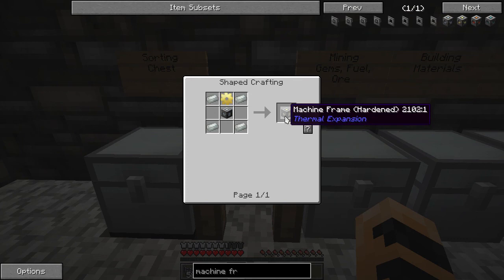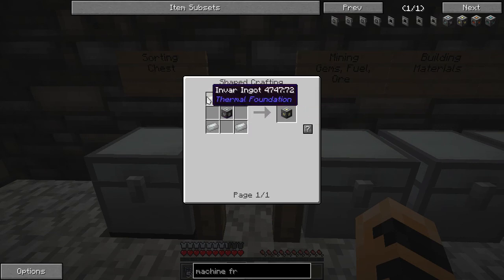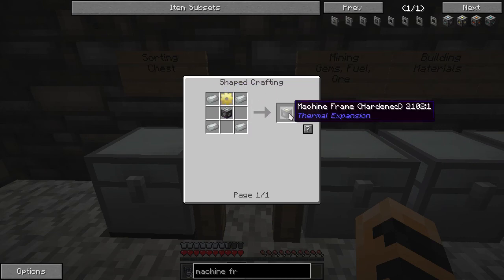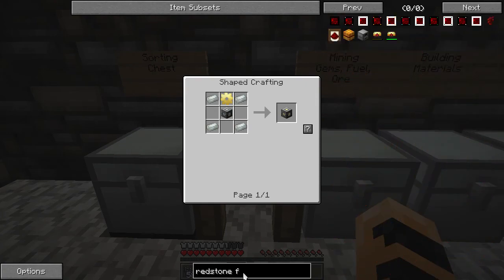If we had made the furnace with one of these hardened machine frames, it would be a hardened machine. But we don't have to make a whole new machine. We can simply use our hardened machine here in place of the machine frame with the rest of the material and upgrade this to a hardened redstone furnace. In fact, if we go to redstone furnace,